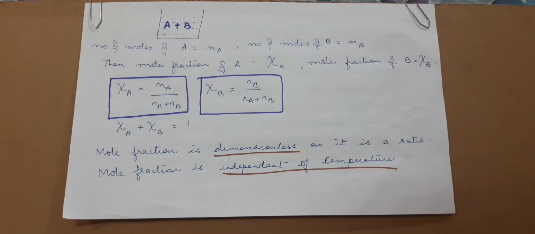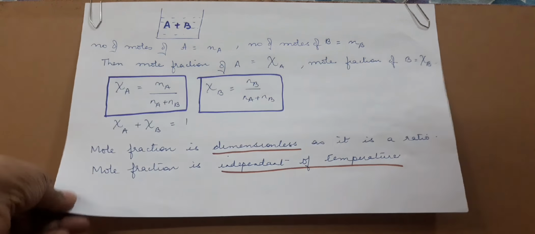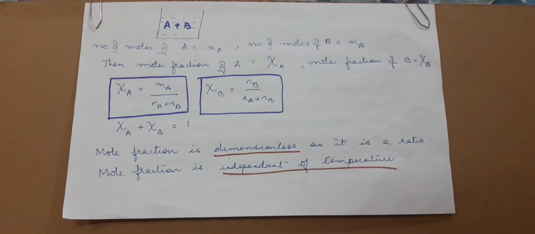Now mole fraction we know is a ratio, so we don't have dimension for this. And here, since it is in terms of only number of moles, it's a fraction, we have nothing to do with temperature. So molality and mole fraction, they are independent of temperature. Molarity, formality and normality, they are dependent on temperature. Okay, so these are the different terms that you have in terms of concentration, the different units that you are going to use to represent or to understand in terms of concentration.